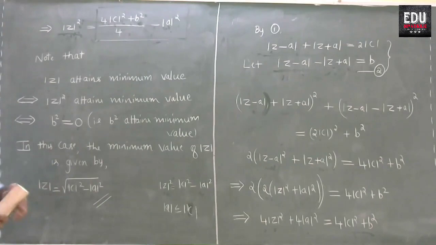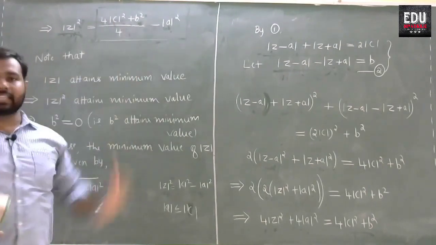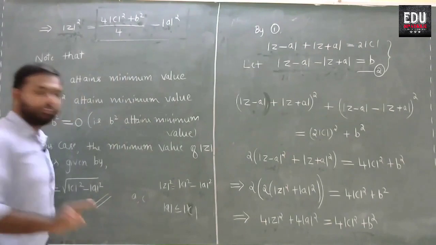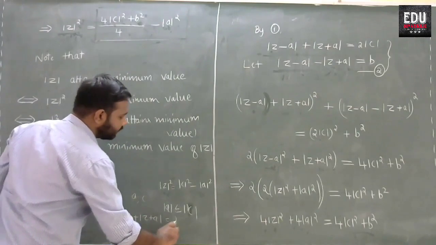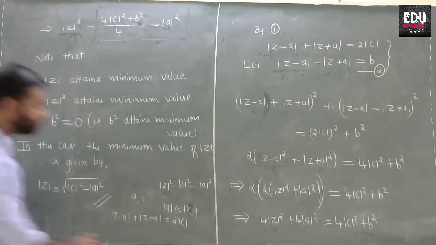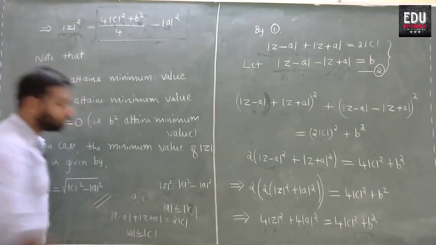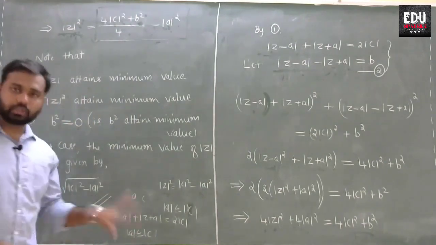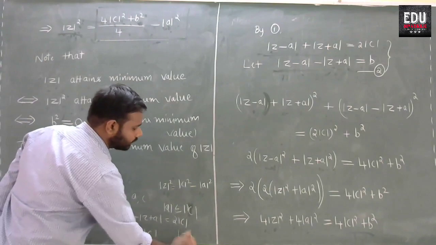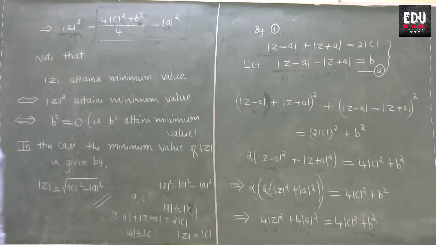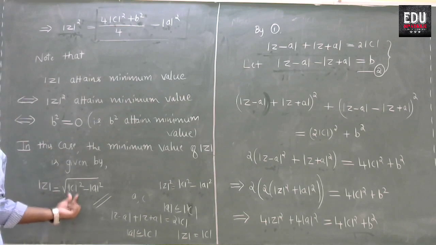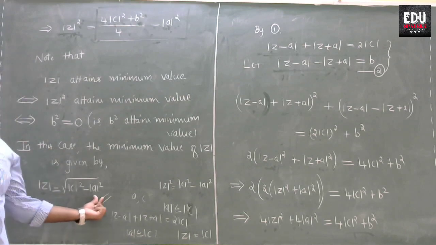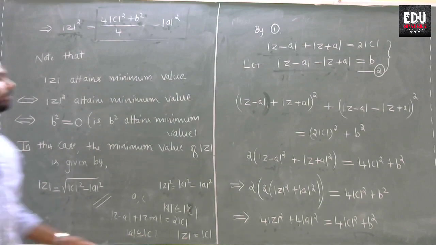So thus, given any pair of complex numbers a and c, we proved that the equation modulus of z minus a plus modulus of z plus a equals modulus of c has a solution if and only if modulus of a is less than or equal to modulus of c. And for all those solutions, the largest value of modulus of z is modulus of c, and the least value of modulus of z possible is this square root of modulus of c square minus modulus of a square, and which completes the